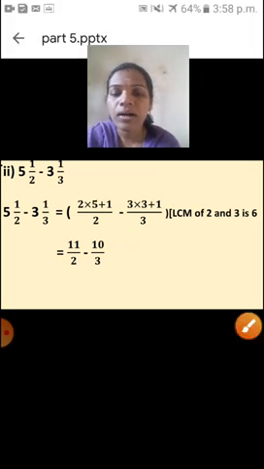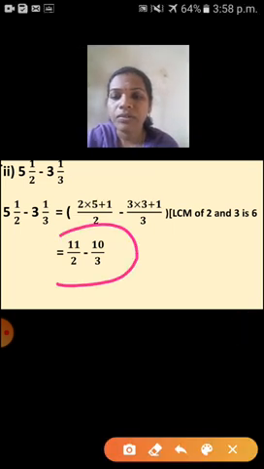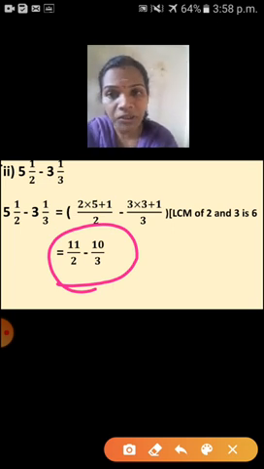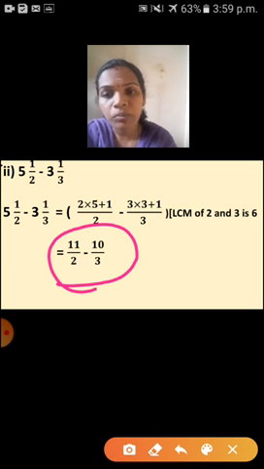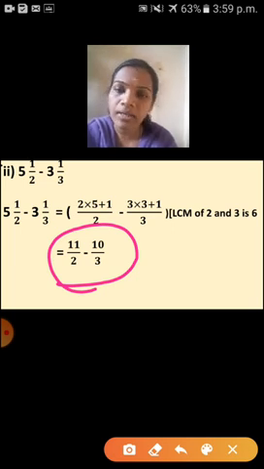Okay, now you got this fraction. So can you say this is like fraction or unlike fraction? Yes, this is unlike fraction. Why are we saying that it is unlike fraction? Denominator, here there is no same denominator. So we can say that is unlike fraction. So if you want to add or subtract fractions, they should be like fractions. So this unlike fraction you have to convert into like fraction.